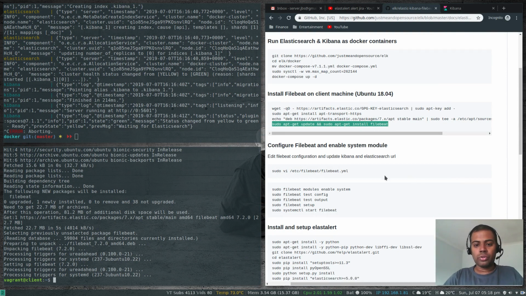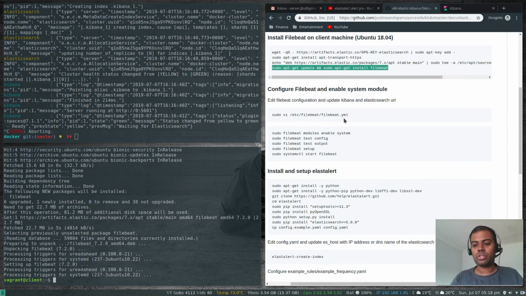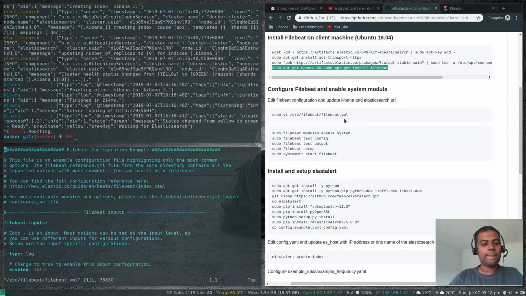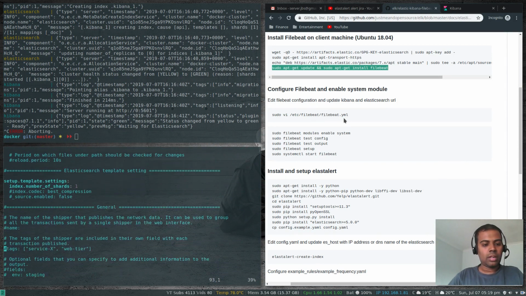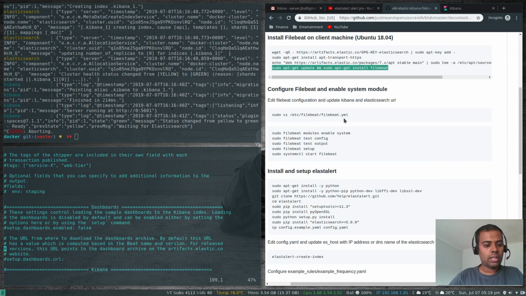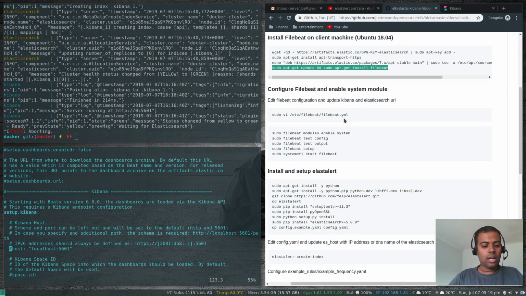So now what we're going to do is edit the Filebeat configuration to tell where our Elasticsearch and Kibana is hosted. Sudo vi /etc/filebeat/filebeat.yml. So in here, if you go down to the dashboard section and search for Kibana, so there is Kibana. Uncomment the host entry and then change this localhost to the IP address or DNS name of your server that's running the Elasticsearch and Kibana. So in my case, it's on my host machine, which has the IP address 192.168.1.81,